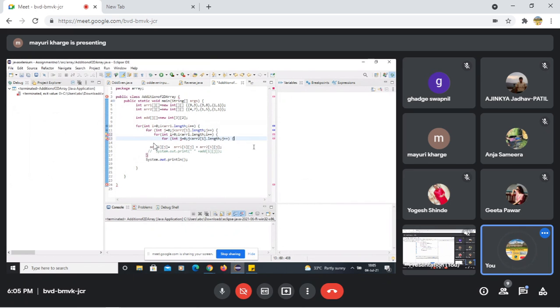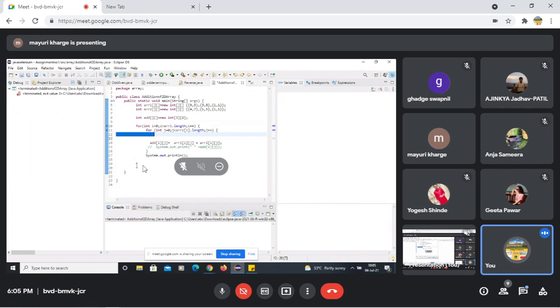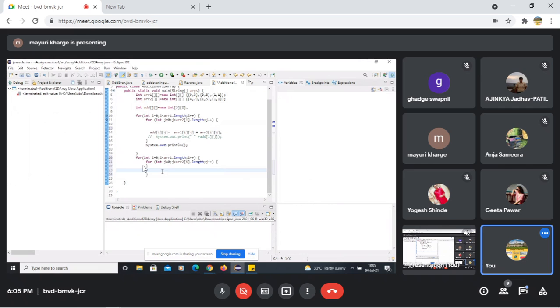No, not here. Control Z. Yeah, not here, at line number 20. Before line number 20. Yeah, hit enter. Now paste. Now put braces. One more brace. Now in the inner for loop, write that println. No, not here. On the inner loop, write System.out.print. After line number 21, you have to write, yeah, here, System.out.print.